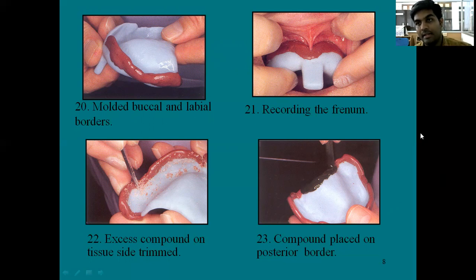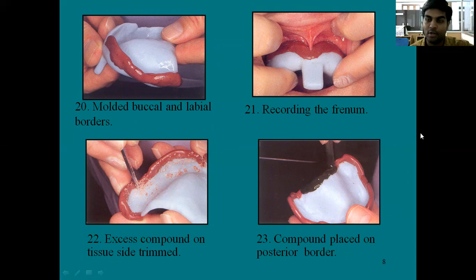And like I said already, the distobuccal sulcus is recorded by asking the patient to move his mandible side to side, sideways. The other areas are recorded with the help of proper border movements by the operator himself, by outward, downward, and inward movements. Also, supporting the tray is very important while we do impression procedures. If we are doing the right side impression, or recording the right side labial frenum, buccal frenum, labial vestibule, buccal vestibule, we have to hold the tray with our left hand.